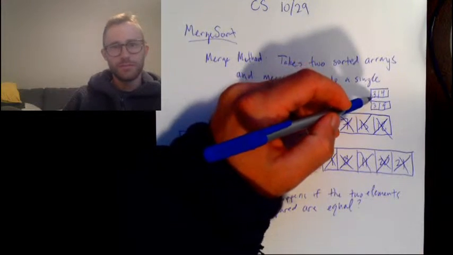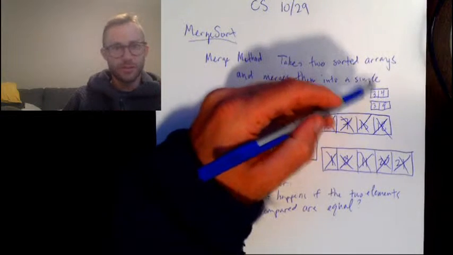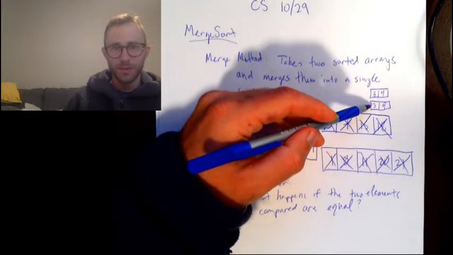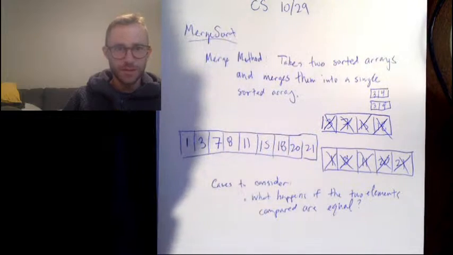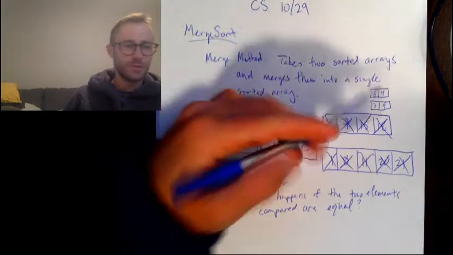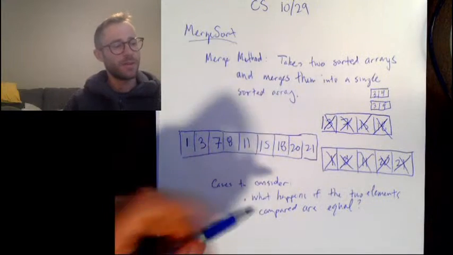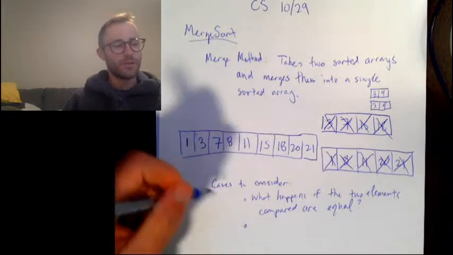There's basically three ways you could handle it. You could always take the top number, you could always take the bottom number, or you could just randomly choose one. So you just have to think about what happens if they're equal. You also have to think about